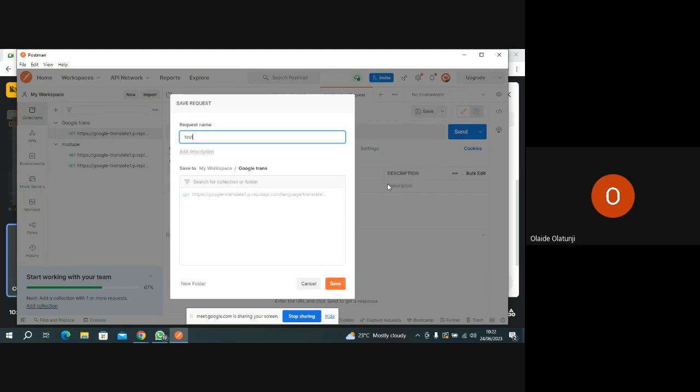Now click on Google Trans. That Google Trans, click on it. Let's see. No, it's not clickable. This search for collection or folder, click on that icon beside it. New. No, not new folder. Yeah. Click on. Is it clickable? No, it's not. Then click on